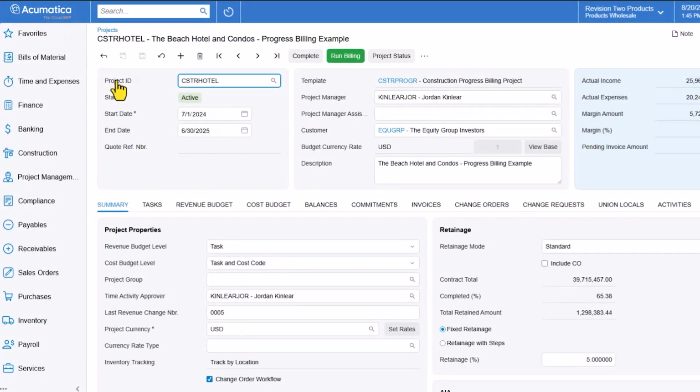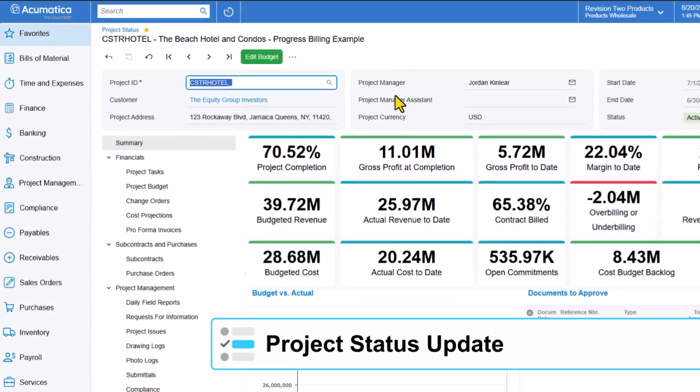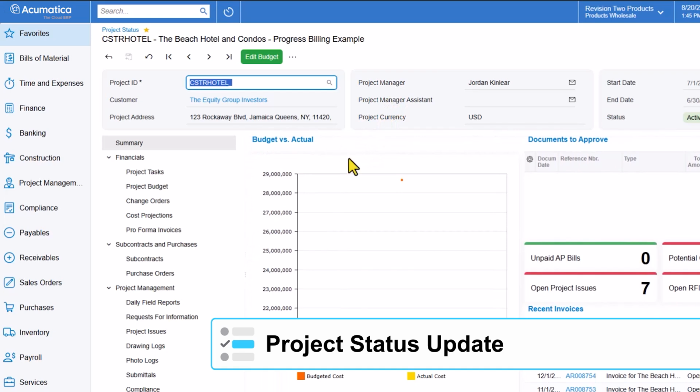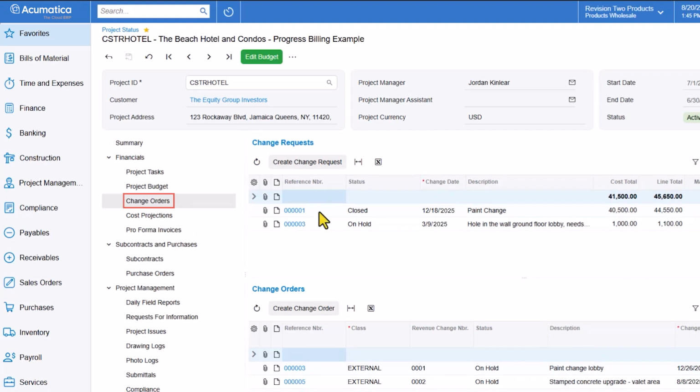Let's look at Acumatica's change management functionality by starting with the Project Status Dashboard. This dashboard is a centralized location for all project-related documents, making it easy to track and retrieve changes in the office or field. The change order log lists all change orders in the system and provides hyperlinks for viewing project